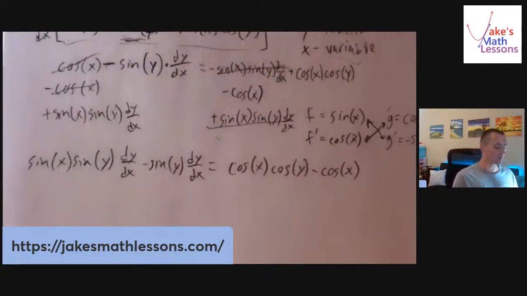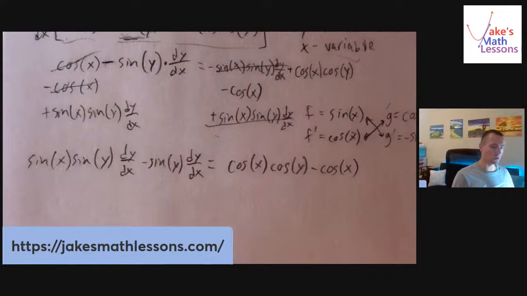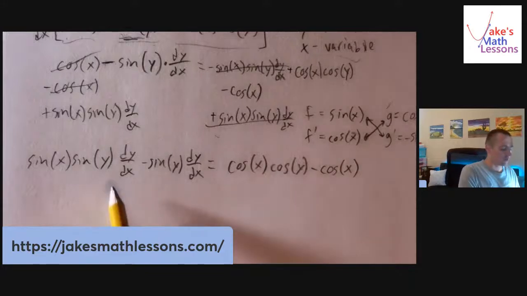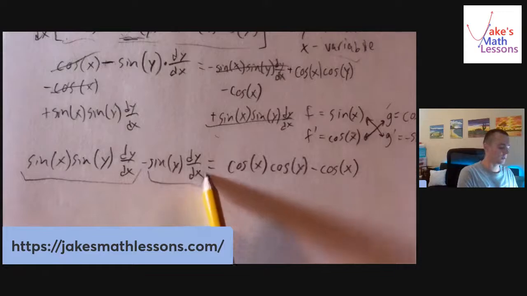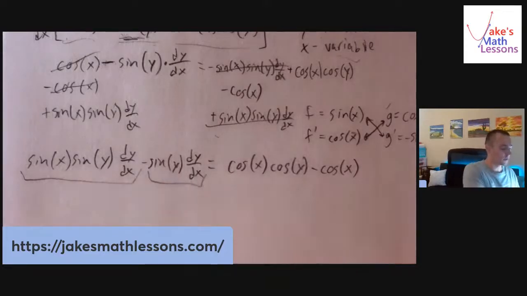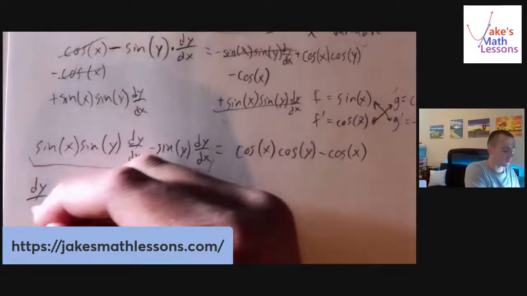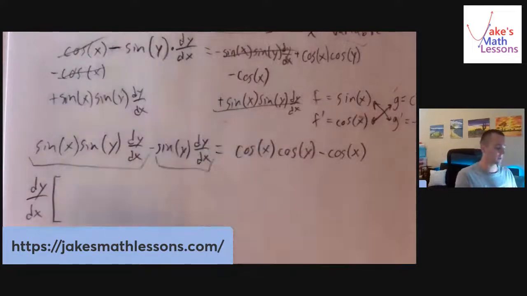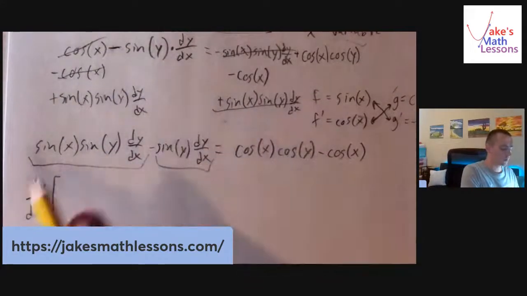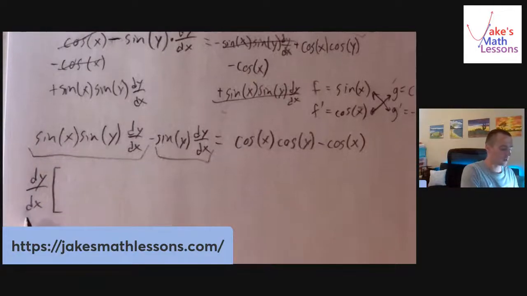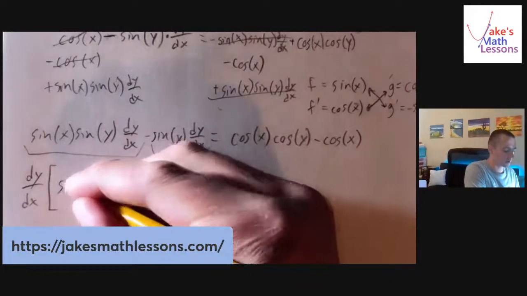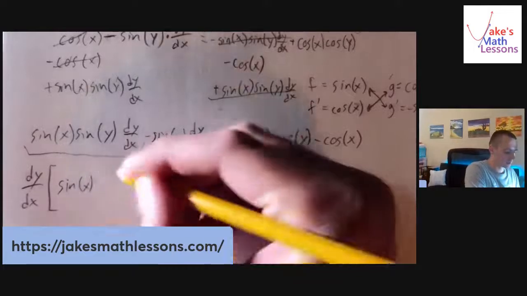Okay, so now once we've gotten all of our dy dx terms on one side, all of our non-dy dx terms on the other side, at that point, since every term over on the left side of our equation, in this case there's only two of them, both have dy dx in common, we can actually factor that out of them. And the reason why this is a really important step is because once we pull the dy dx out of each of these terms, we're just going to have this one dy dx in front here. So that's just going to leave us with dy dx times sine of x times sine of y